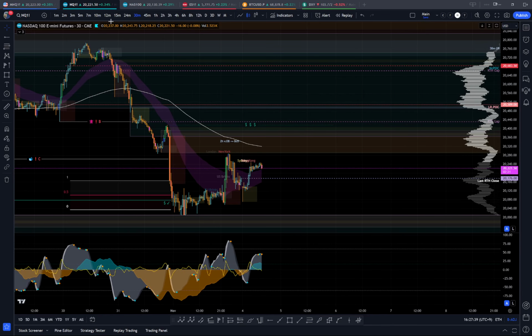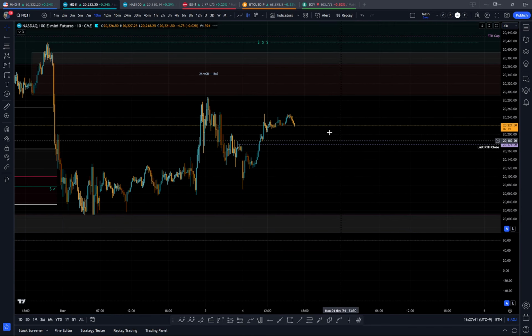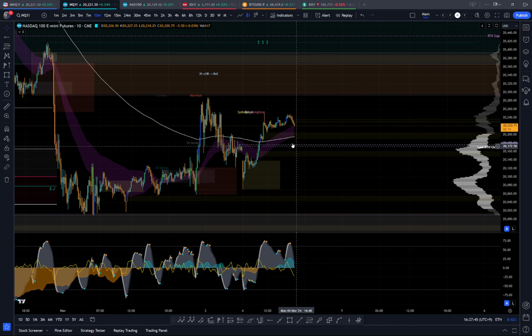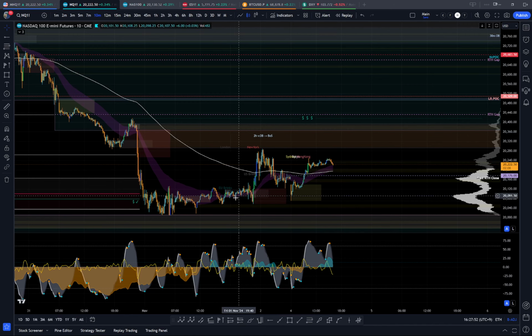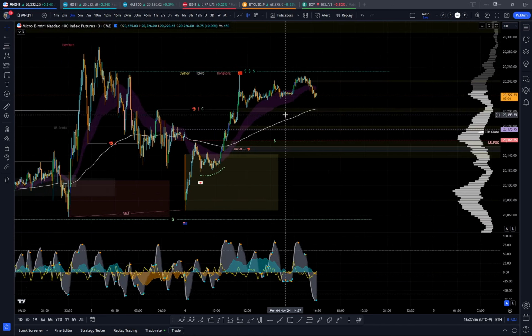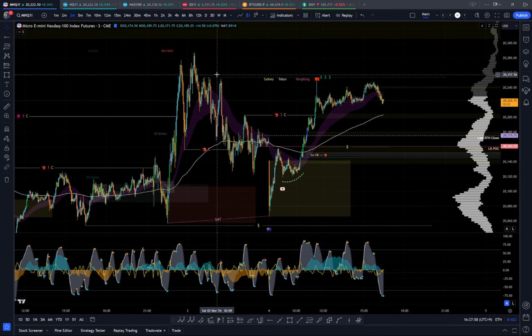So that's going to be kind of it. I'm going to leave it there. I'm going to play internal structure. We have an RTH gap around here. They could just hang around there until US. Yeah, I'm going to be very selective with my pulls. I think taking this liquidity and getting strong bearish signs here would be interesting.